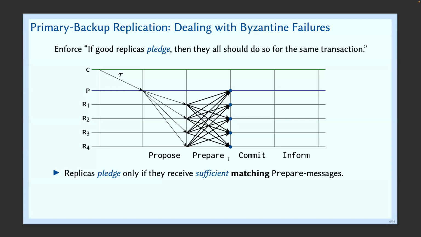So why do we need to continue? Does this make sense? Any question on this part? Is the uniqueness property clear? Yes. Okay, so why do we need to continue? What's missing?